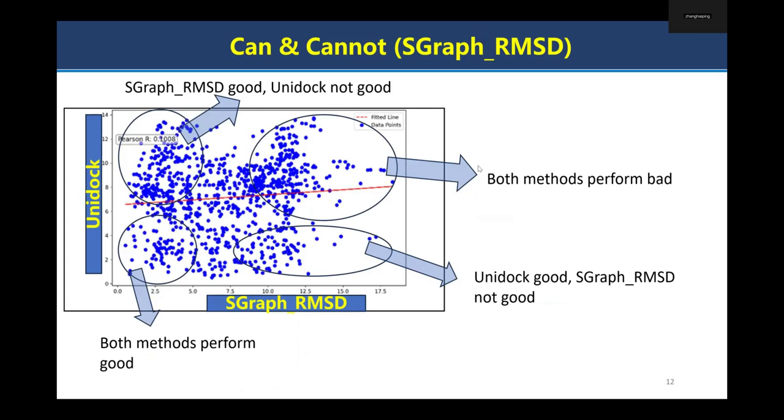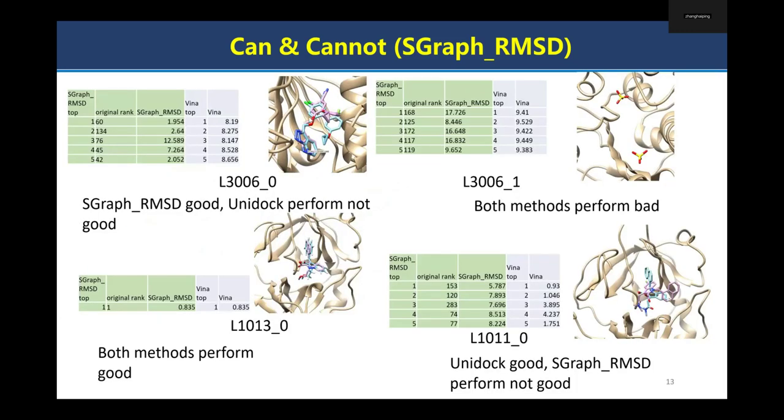So we want to check which cases our S-graphic MSD is good at, and which Unidog is good at, and we want to see whether there are some regions where both methods are not so good. Here we quickly selected some cases. We found that